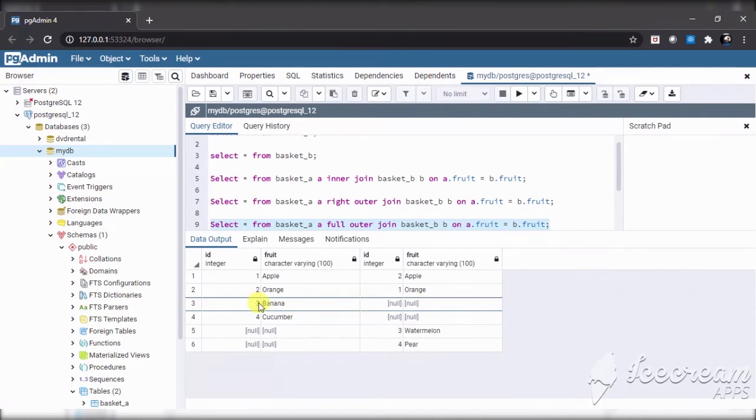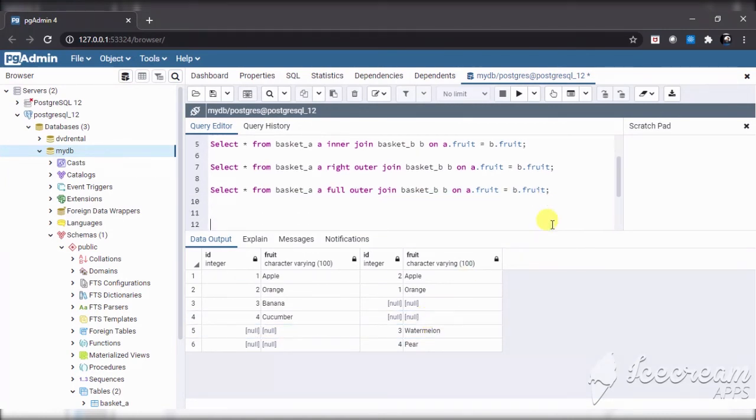But for the records which are not matching, we get null values from the other table. The first two fields are from table A, and the last two are from table B. Since banana is not present in basket B, we are getting null. Since cucumber is not there, we are getting null.